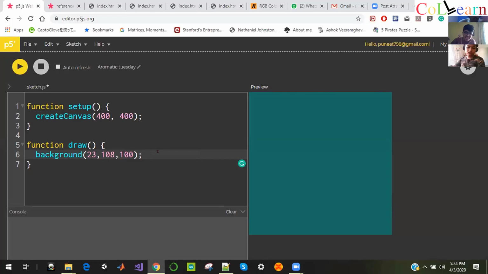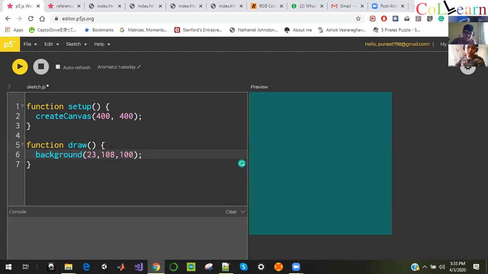So is there any doubt? There's a chat question about HSV. Currently, you can't use HSV values here. So we are using RGB values only. And I don't want to confuse everyone with these names, RGB and everything. I want people to make something here, so I'm not using all these names. So what we have learned now is background and three numbers which can change colors on that screen.